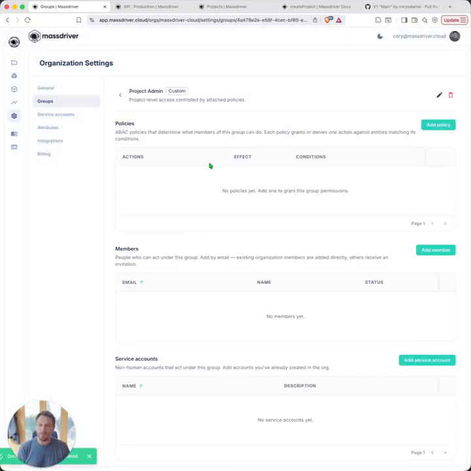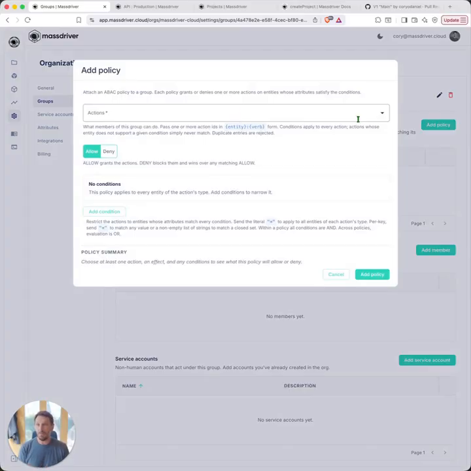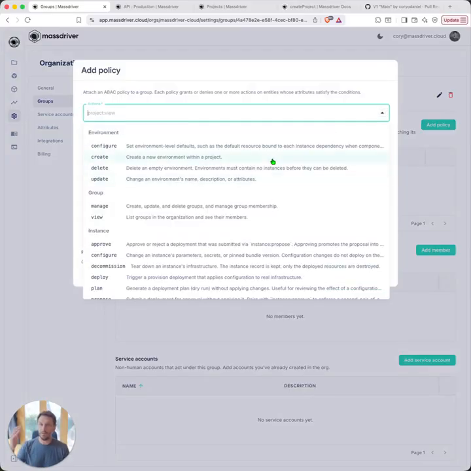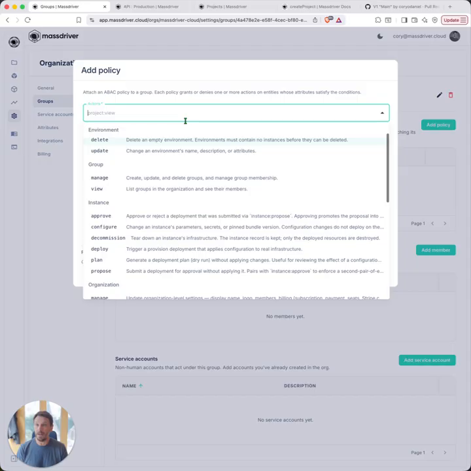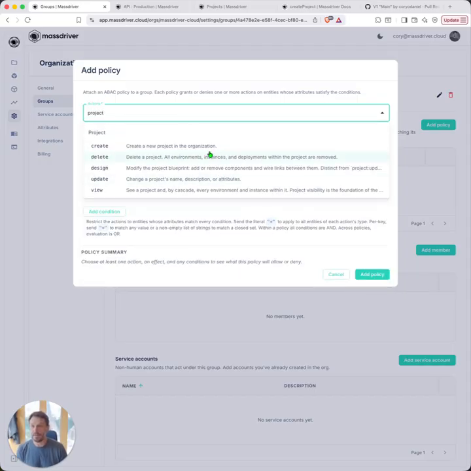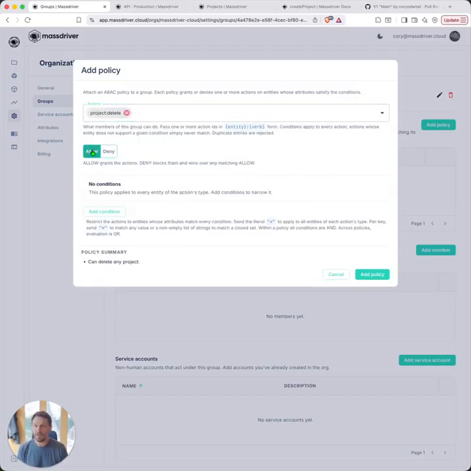And I'll go into this project admin group and I can create a policy. And so here you'll see all the different ABAC policies that are available now. So maybe I want to do project delete. And I'll say by default we'll do allow. You could do deny as well. Denies win. So if you do anything deny,